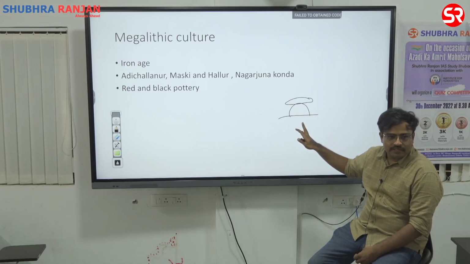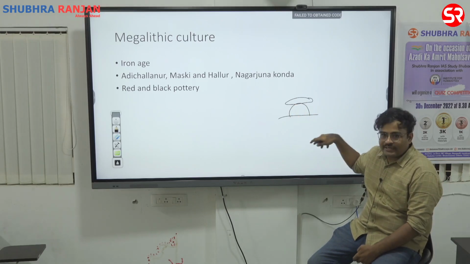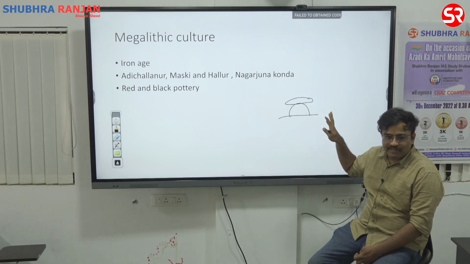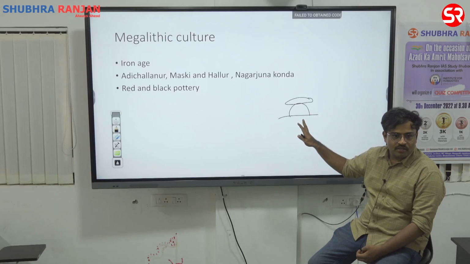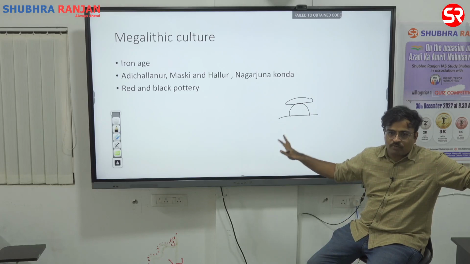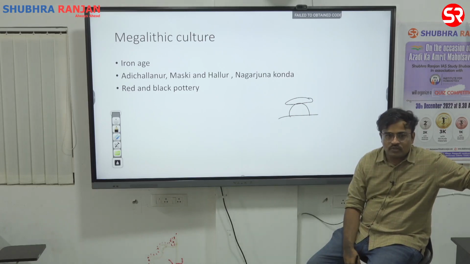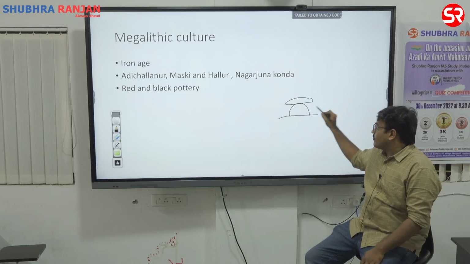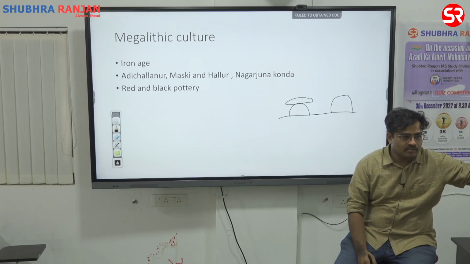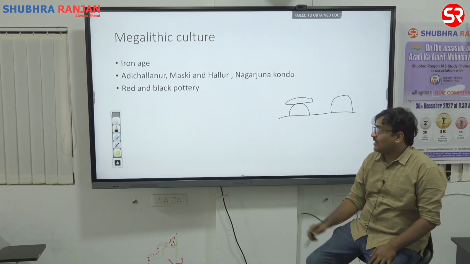Is it making sense? This tradition continues in South India even today. Yes or no? Because burial is the most prominent method of disposal of dead people in the South. Usually in the North, most of the time it is based on cremation, right? Cremation is more prominent than burial, but in South India we find burial more prominent than cremation. They bury them, and on top of them the tradition now is erection of stone pillars on the dead body. So that is a burial custom. So it started with the